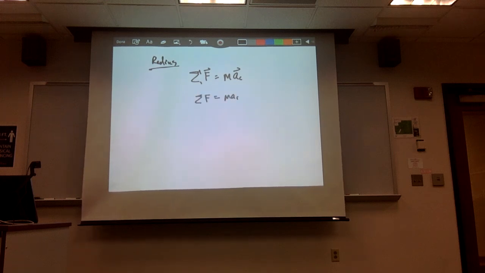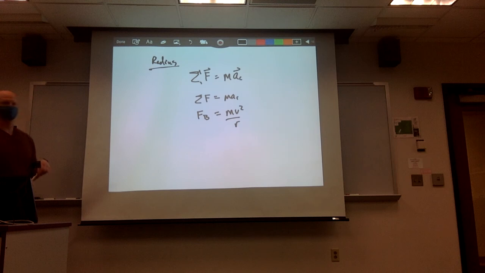The only force acting on this thing is the magnetic force. That's what's causing it to move in a circle. So I get that the magnetic force is equal to mv squared over r. Remember, centripetal acceleration by its definition is the velocity squared divided by the radius. Here, my magnetic force we now know is going to be equal to the charge, which in this case is the fundamental charge, times the mass times the